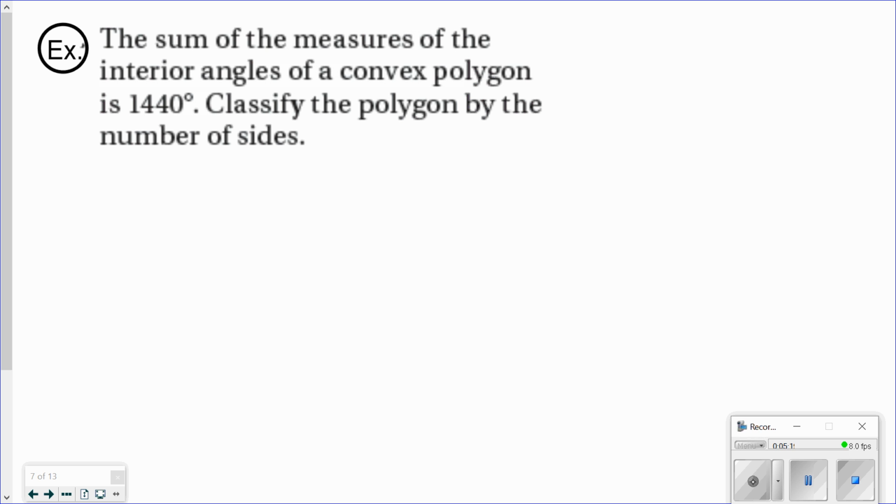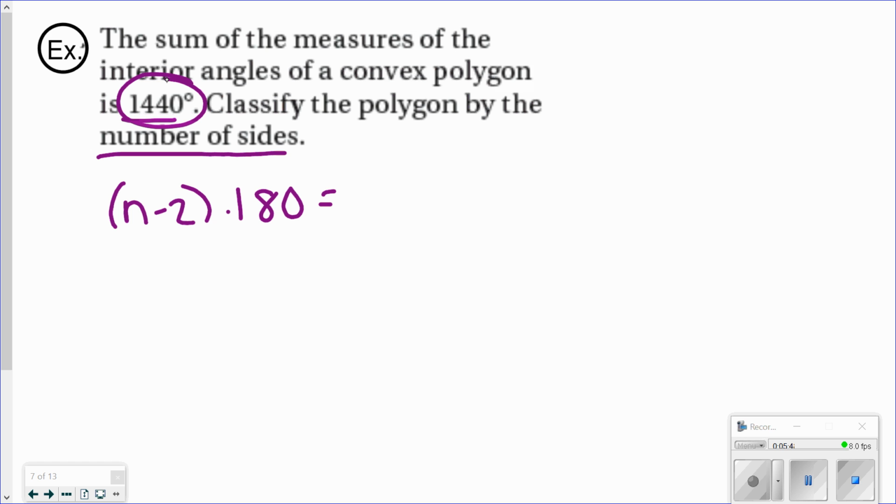Let's try a similar problem. The sum of the measures of the interior angles of a convex polygon is 1,440. Classify the polygon by the number of sides. Once again, we're given the sum of the interior angles, but we're not given what type of polygon we have. So our equation is n minus 2 times 180, and that's going to equal our sum of the interior angles, which in our example is